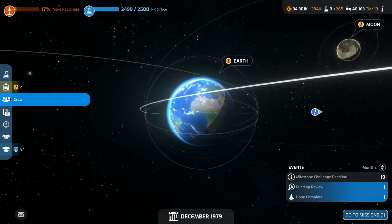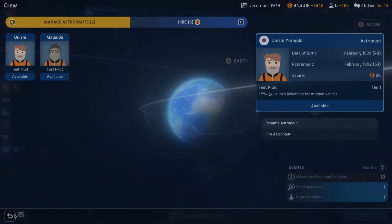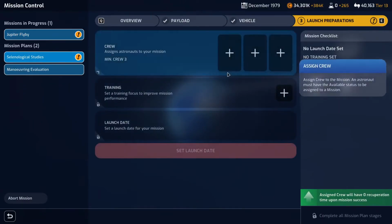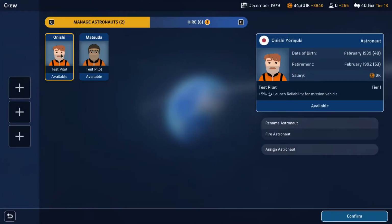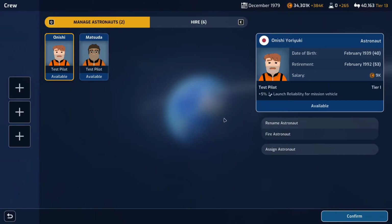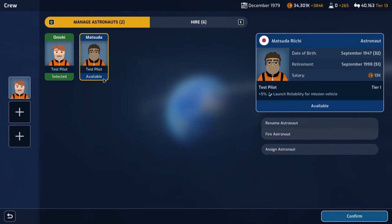Okay, so active missions. Too far. So we can now look at doing the Jupiter Flyby. And if we go to the assigned crew of this mission, we need 3 astronauts and we only have 2. So this is not going well. Either way, we can assign both of these,